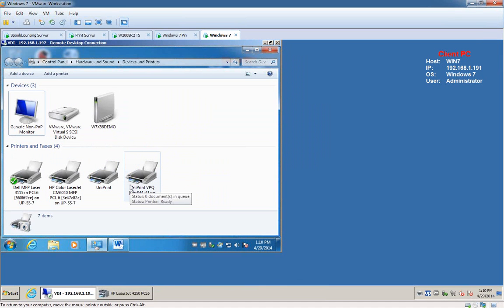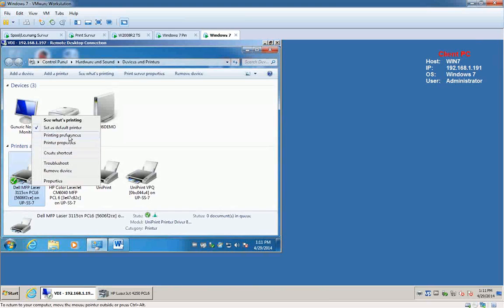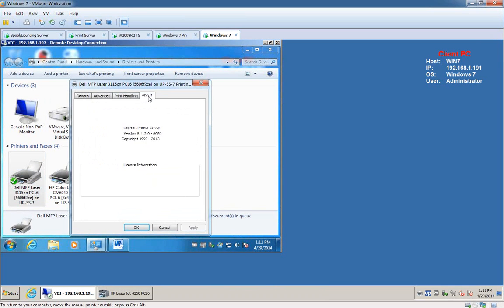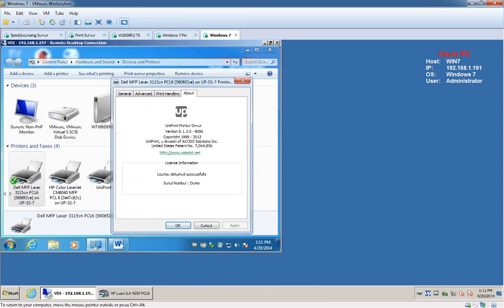We have printers that appear as network printers. In fact, these printers are actually Uniprint universal drivers. So here's a Dell printer. Let's take a look at the preferences. This is our universal driver. The printer appears as a network printer,